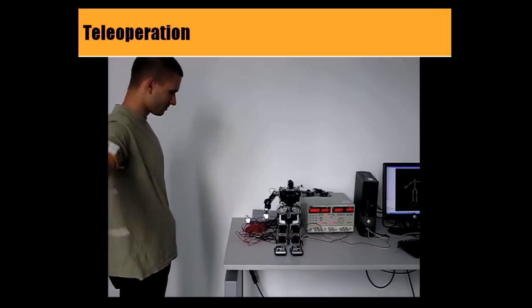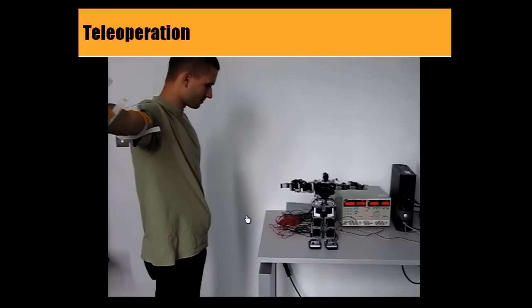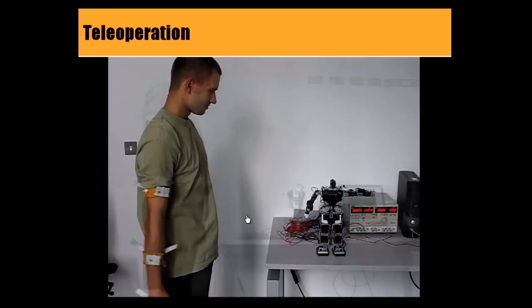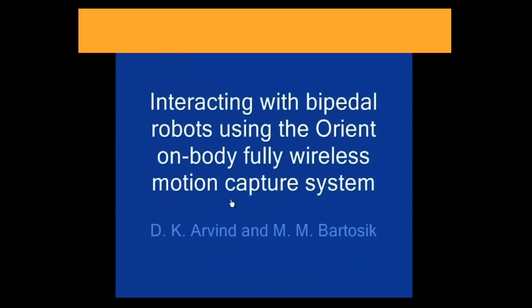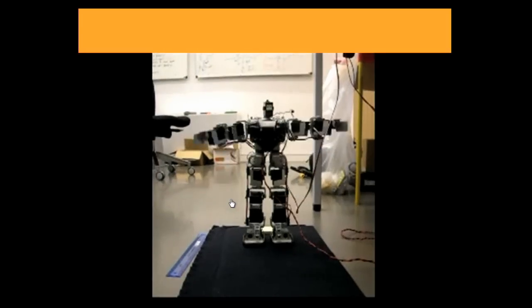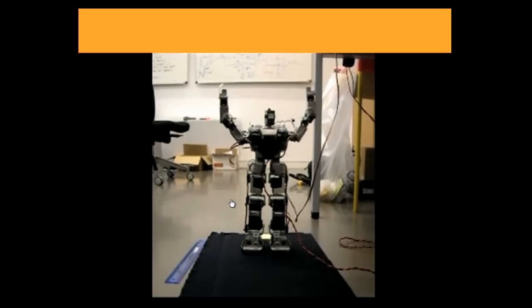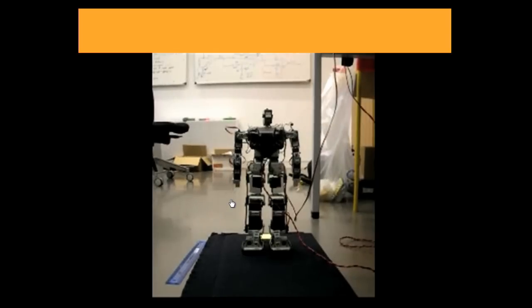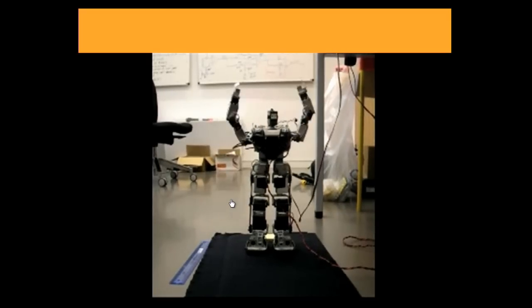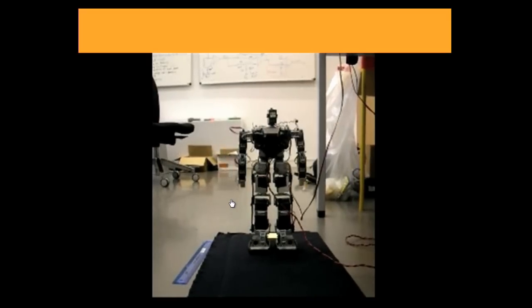As you can see, the robot mimics the behavior. So you're measuring all the angles between the various limbs, and you're transmitting that to the robot, and the robot is actuating these. All these motors are turning by that particular angle. And you can go one step further and do a few more complex operations, in this case things like reproducing the motion of waving arms, for instance. And I was going to show you one more, which is standing on one leg.